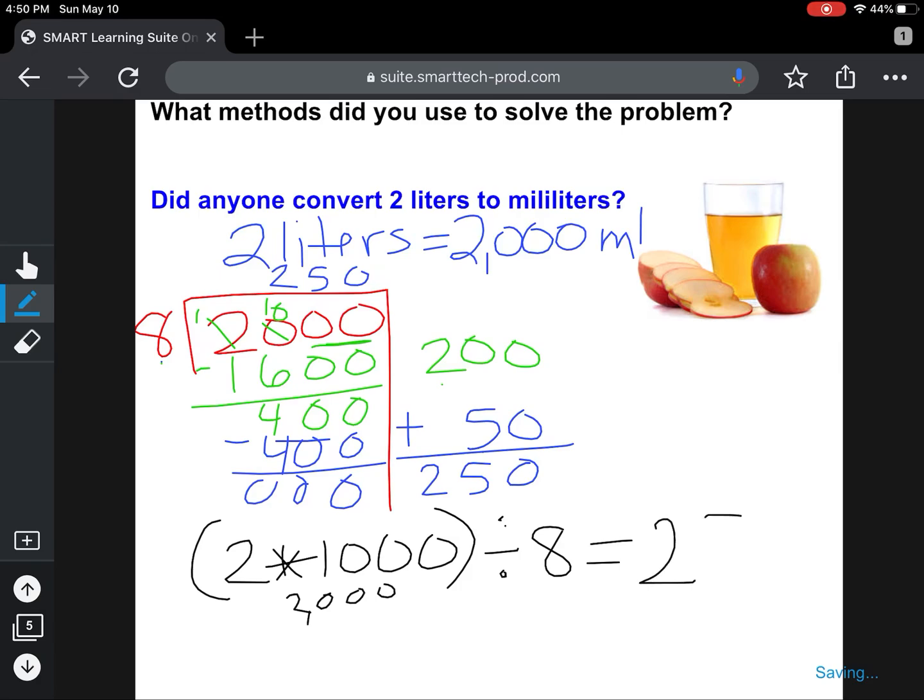And then in the end, we said our answer was 250 milliliters, or ml. That's what could be held in each glass. So if you had 250 milliliters as your answer, you are right. And we're going to do more problems like that in part 2 of